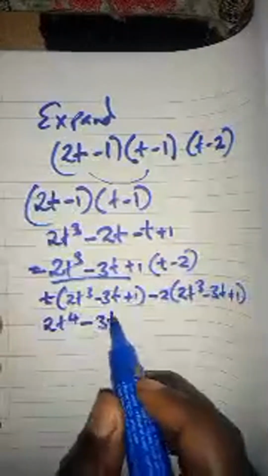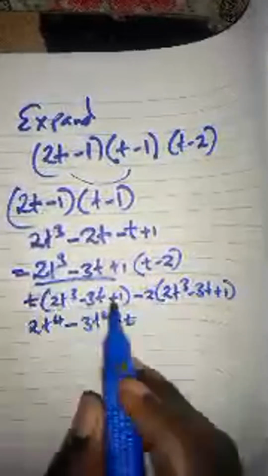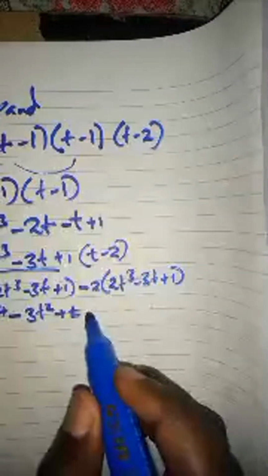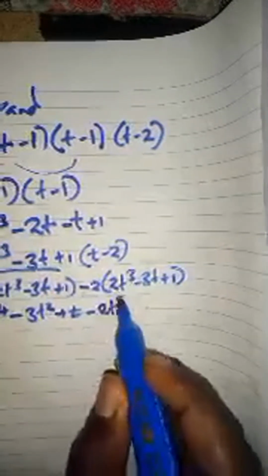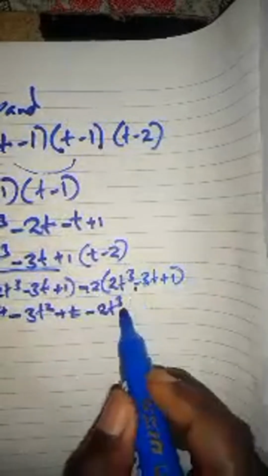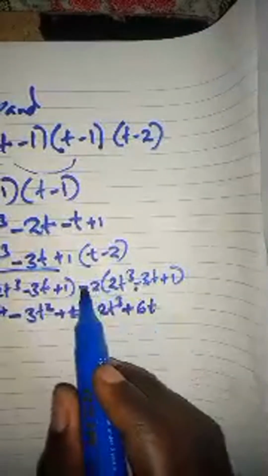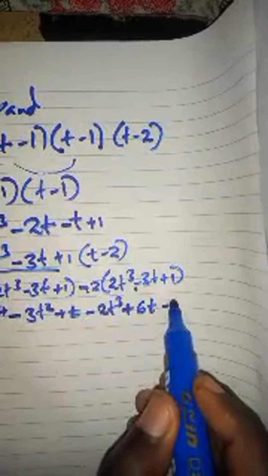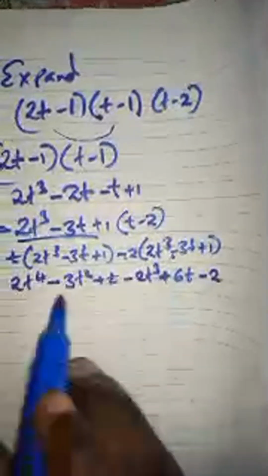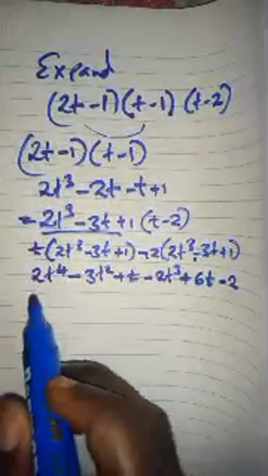Minus plus t are expanded set. On the other side, negative by that, I'm going to have negative 2t squared. Negative times negative, positive 6t. Negative 2 times positive is negative 2. So cutting like terms,